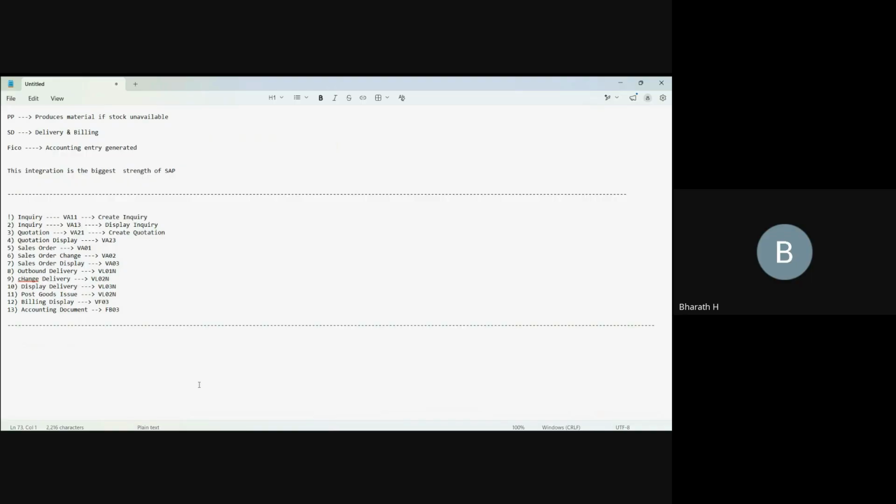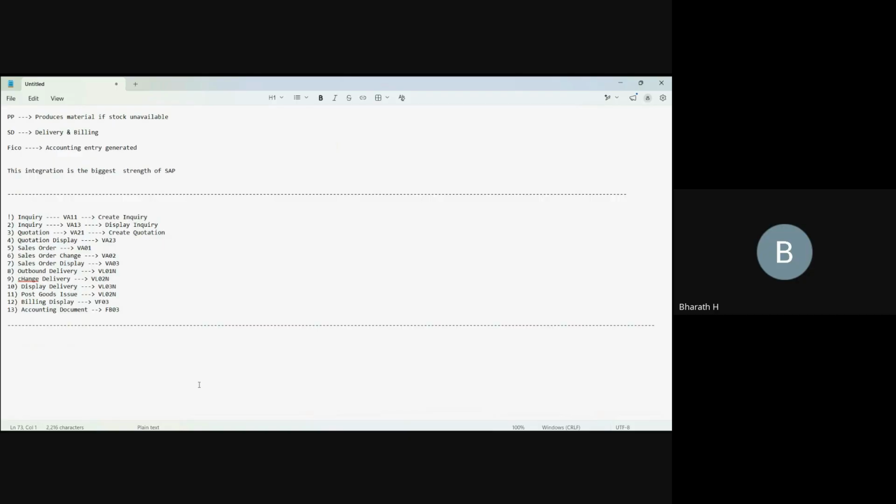Okay, so in MM also, in the materials, we need to create the materials. Suppose we have spare parts, say mechanical, like an engine, with different spare parts. For each spare part we need to create the materials. That will be taken care of by the consultant, and it is purely for logistics purposes. You need to track the materials and shipping,